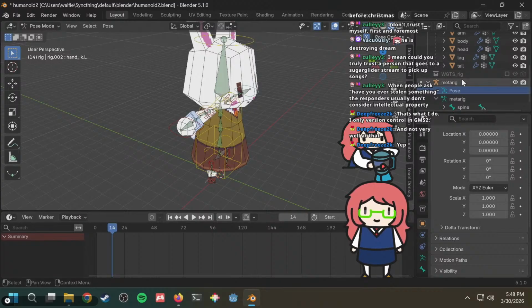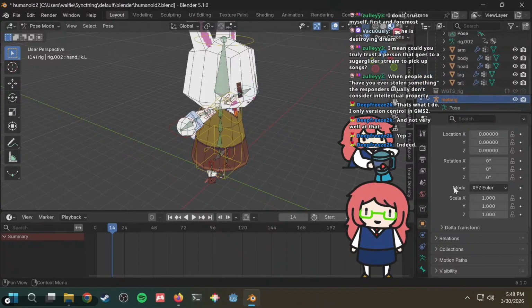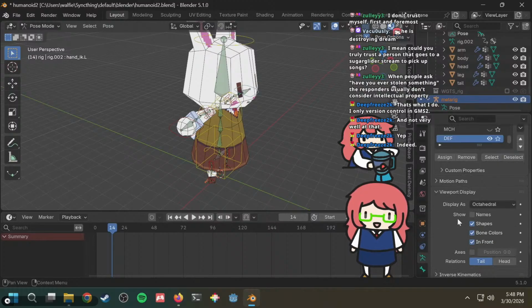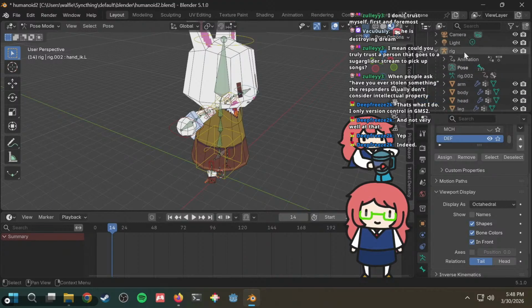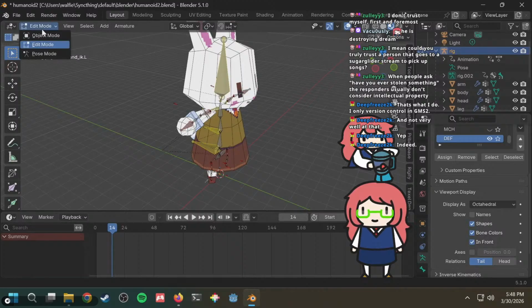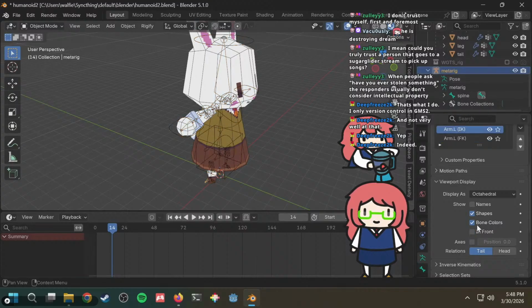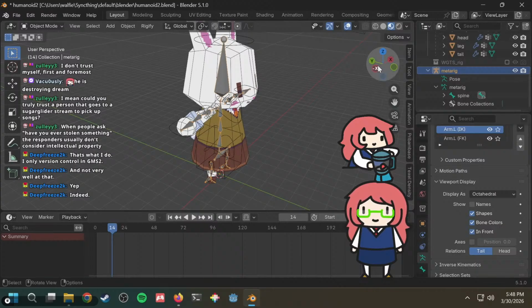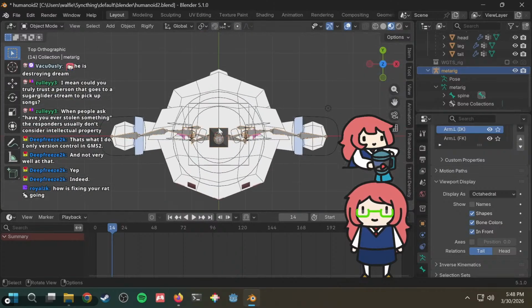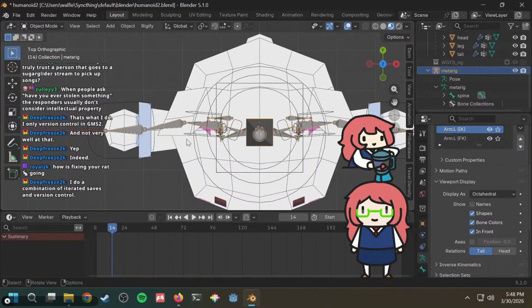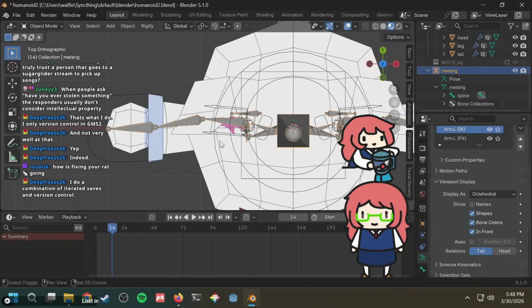Alright, let's try to fix this meta rig, everyone. Let's go here. Click on this. Click on that guy. Unshow it. Go to object mode. Alright, the meta rig in front. This is why no one 3D models. It's simply just too hard. There's too much stuff to do, and no one understands it.